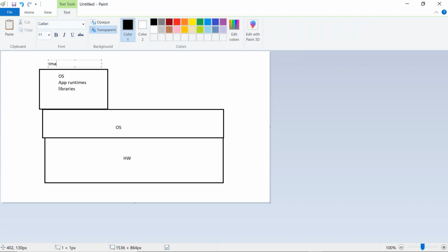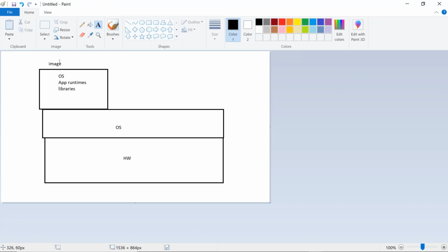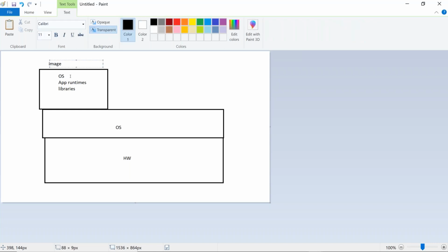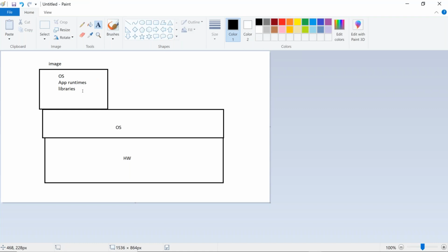We call it an image actually, and this image contains a bare minimum OS, a minimum runtime and the libraries. For example, if I buy a laptop in my BTech, I was not using it for multi-purpose.